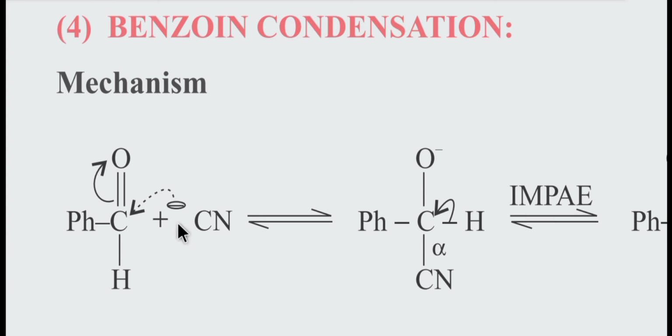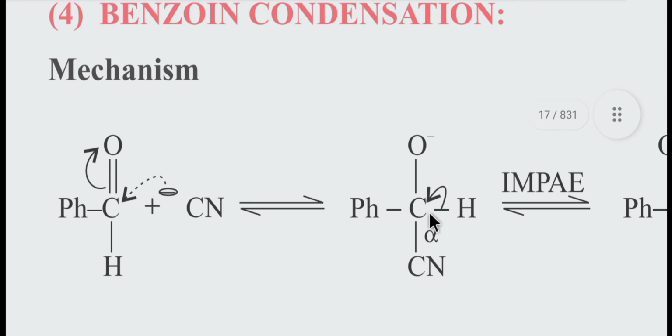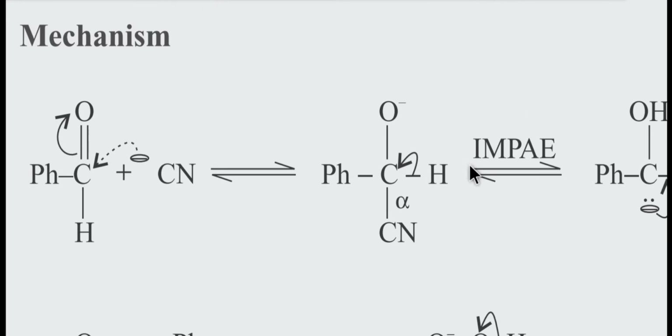There is phenyl on this carbon. When the cyanide attacks this carbon, which has already completed its covalency, one bond of the carbon should break, and the bond to the electronegative element will break, because the electronegative element withdraws the electrons. So the electrons in this bond shift towards oxygen, and oxygen gets a negative charge, like that, while CN is bonded with the carbon.